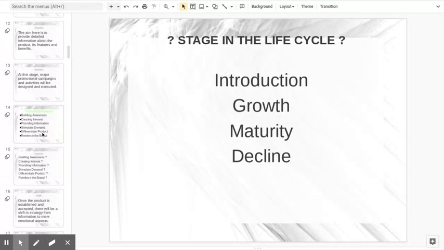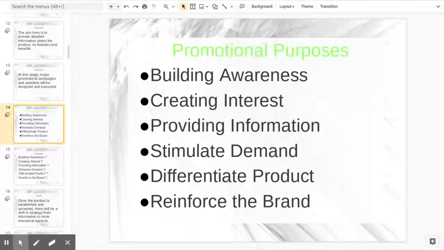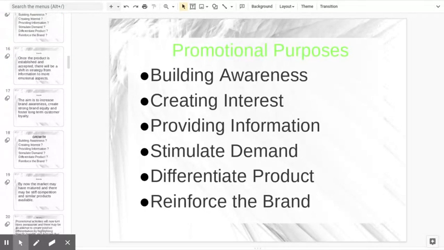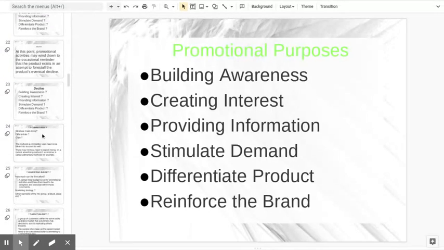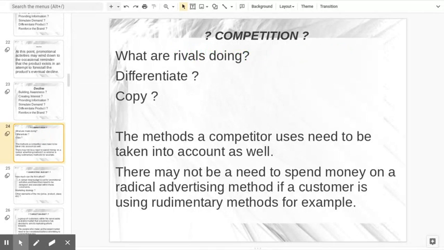We talked about there being six promotional purposes: building awareness, creating interest, providing information, stimulating demand, differentiating the product, and reinforcing the brand. You can go back and watch each one of those at the stages to get a little bit more in depth about those. In the previous video, we talked about that we need to look at our competition sometimes